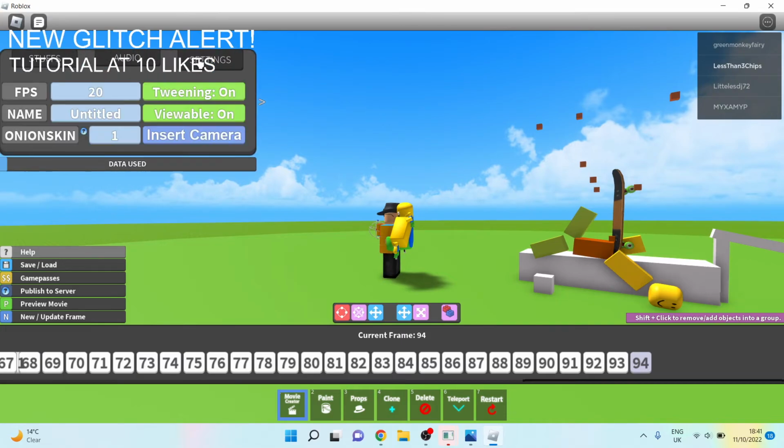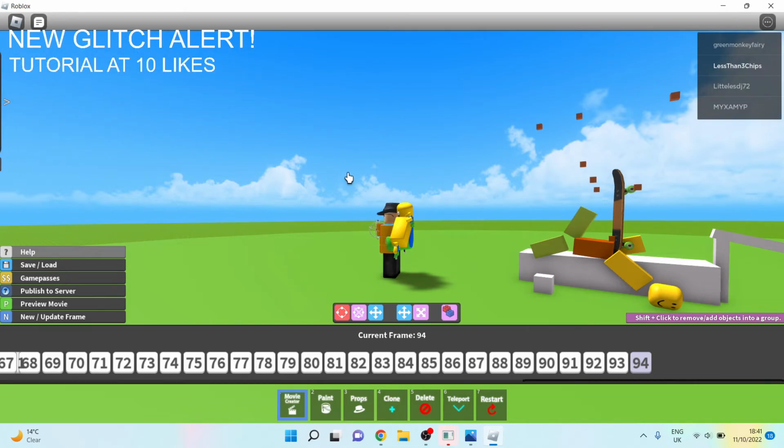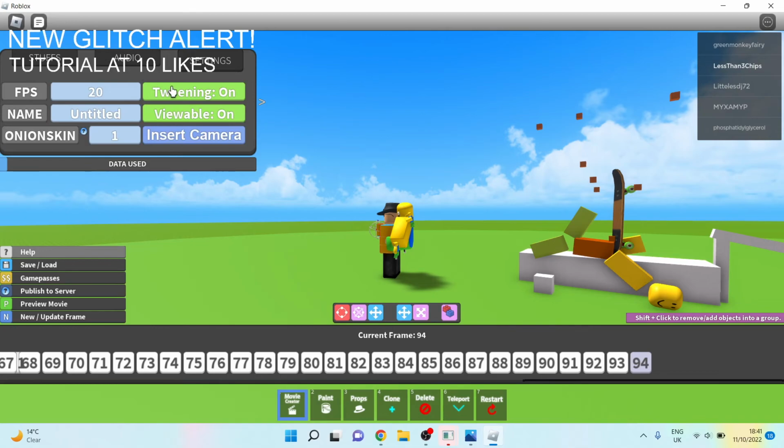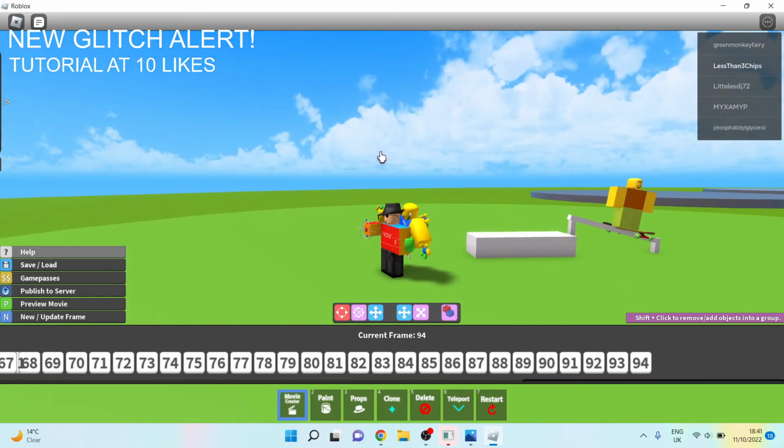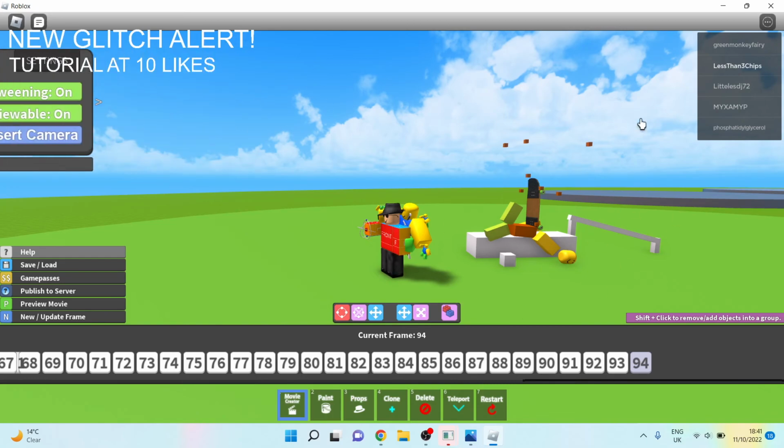That's because it has tweening. Tweening basically is an operational calculation which puts in between frames to make it look more better. So if we turn tweening off, as you can see, it's more choppier because it isn't going in between. The AI isn't actually going to make more frames. So we're going to put that on for now,